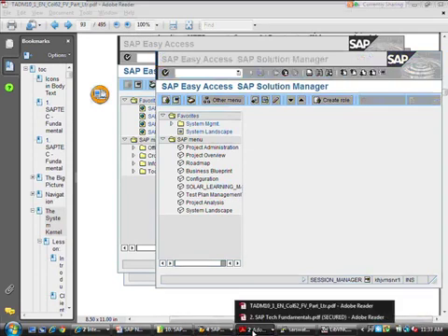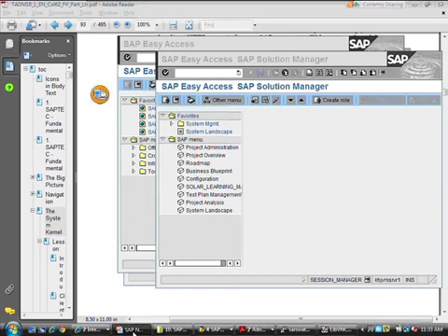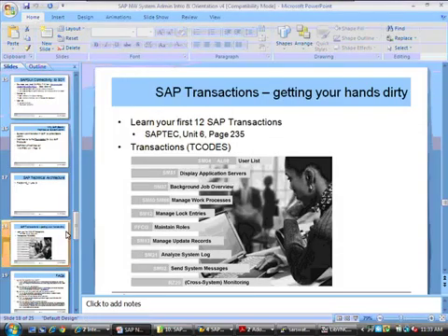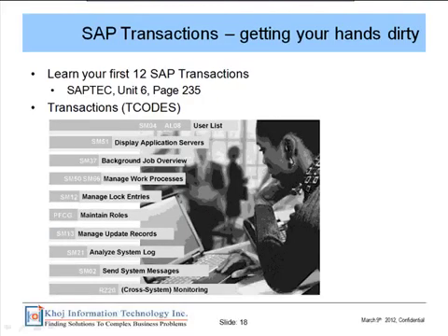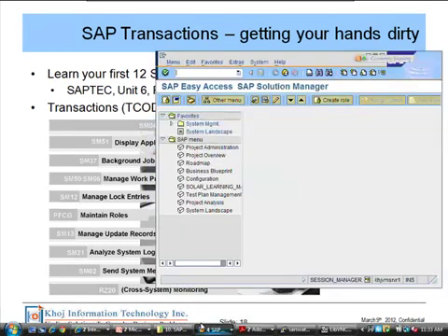So coming back to our PowerPoint presentation, some SAP transactions, and I think we have seen some of these. Getting your hands dirty, for you to try some of these transactions. So we looked at SM04 and AL08. SM04 gives you the user list, and AL08